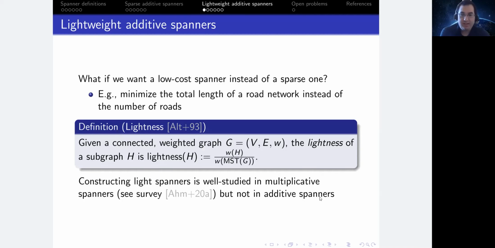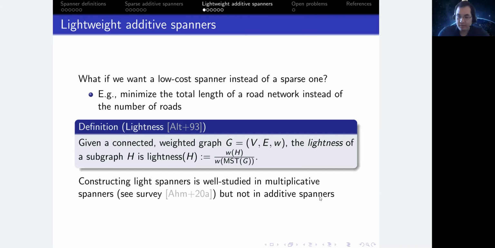So we typically define the lightness of a subgraph in terms of the MST, since the minimum spanning tree is the cheapest possible way to connect all the nodes. So that's where this definition of lightness comes in: the ratio of the total weight of the subgraph divided by the weight of the MST. The notion of lightweight spanners is fairly well studied in the multiplicative setting, but not nearly as much in the